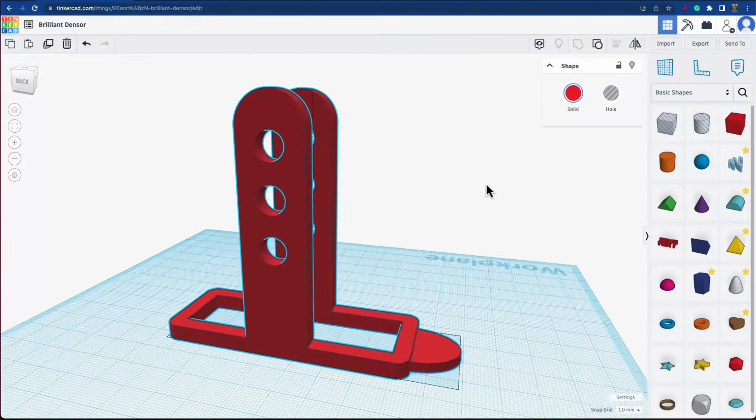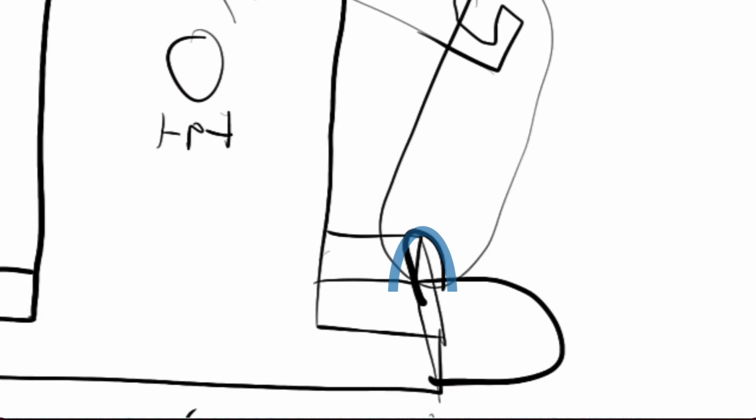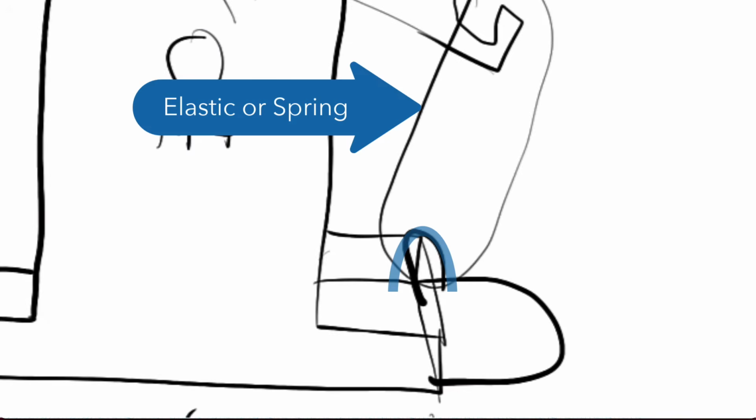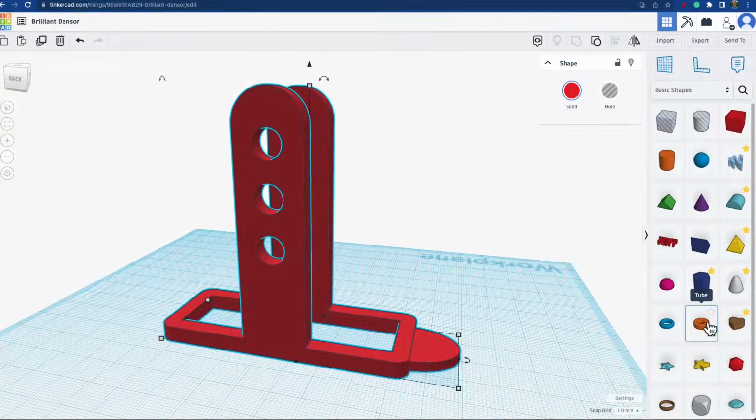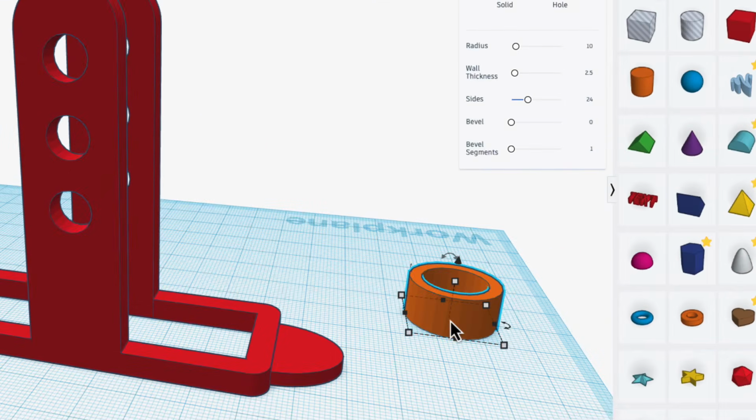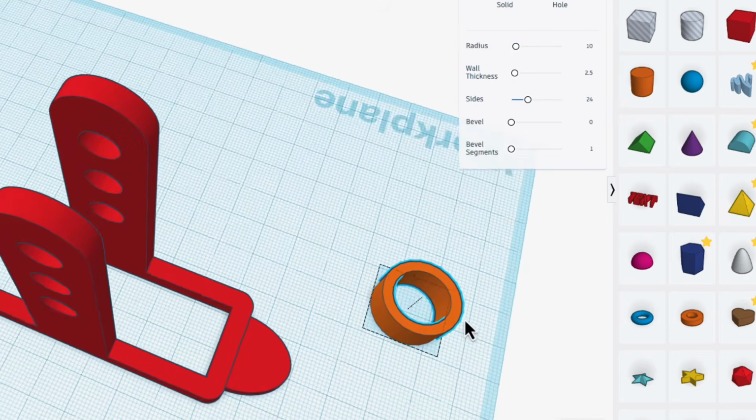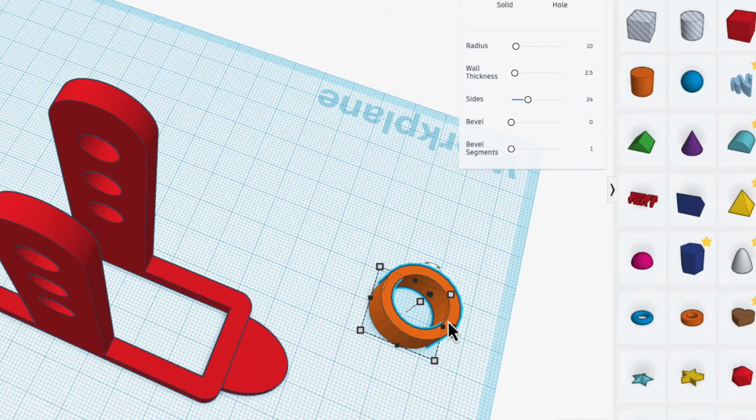Okay, that looks really good, but I need some loop here to hook up the elastic, as you can see from the sketch. And I'm going to use this tube tool. And you'll notice here there's something called the radius and wall thickness. Wall thickness is the thickness of the material here. And here it's only 2.5. I want it a little thicker. I'm going to make it 3.3